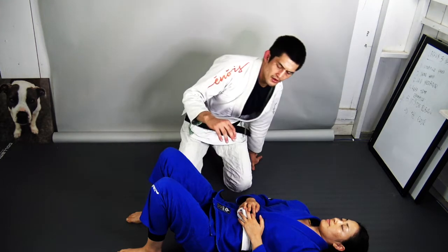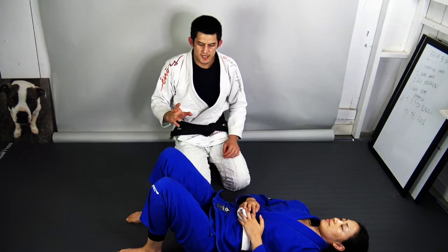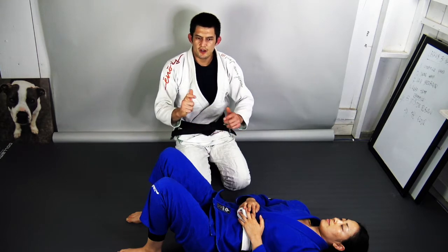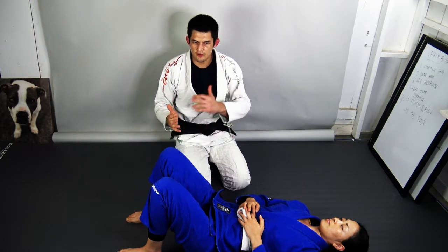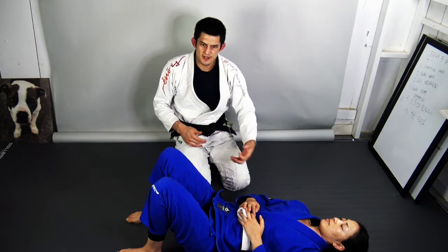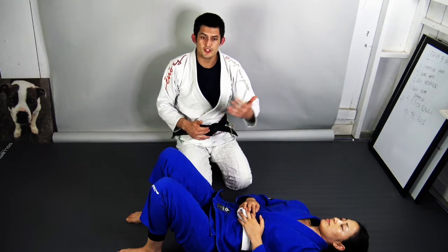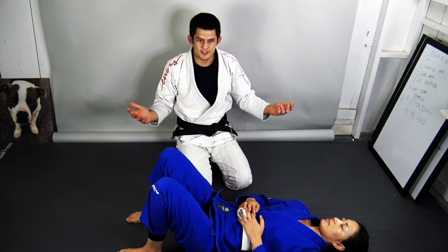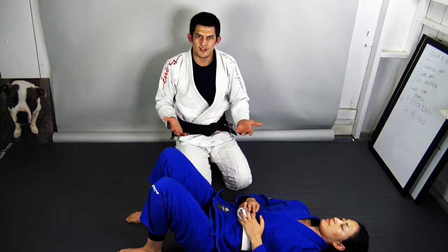just to say a little bit more about the general idea of offense versus defense, because the dynamic of jiu-jitsu is that very often you go from defense to offense immediately. They sort of overlap with each other. And if you think about it strategically, if Emmy was defending and was successful, and then defending and successful, and defending and successful, there's only so much defensive success you can have and still lose. If you don't have that shift into an offensive mindset, all that defense doesn't really get you